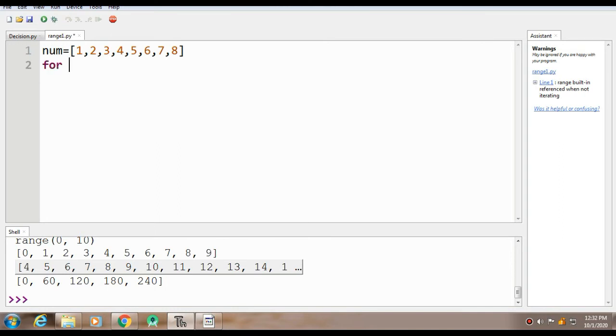So how this for loop will work: I'll simply type for, then I'll choose a variable which will work as the index of the elements in this particular variable. So for, then I am simply choosing the variable as i. Then I'll say in. Now I have to specify this particular number. This statement means, for the index of these elements in this particular variable, what you have to do. Now we'll tell what should be done.